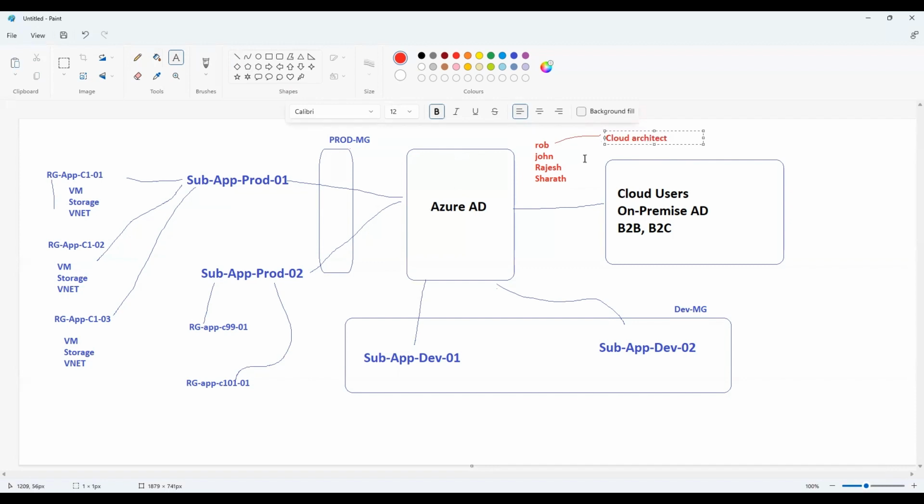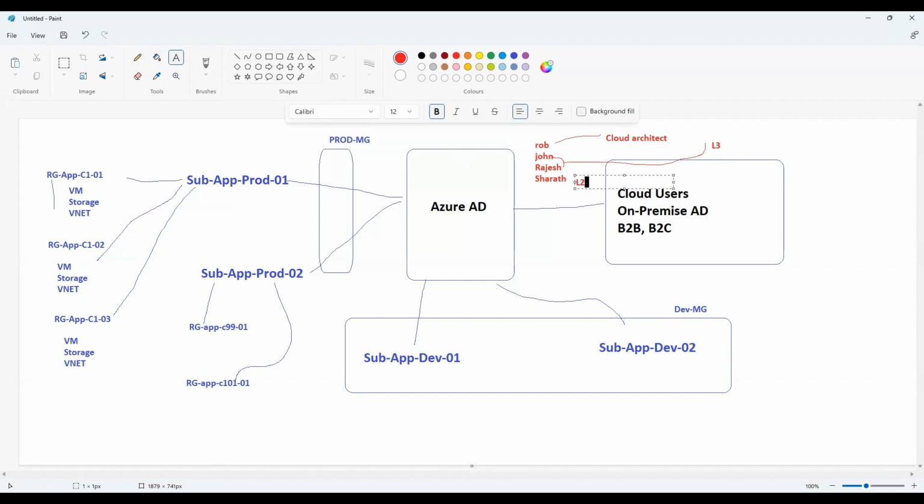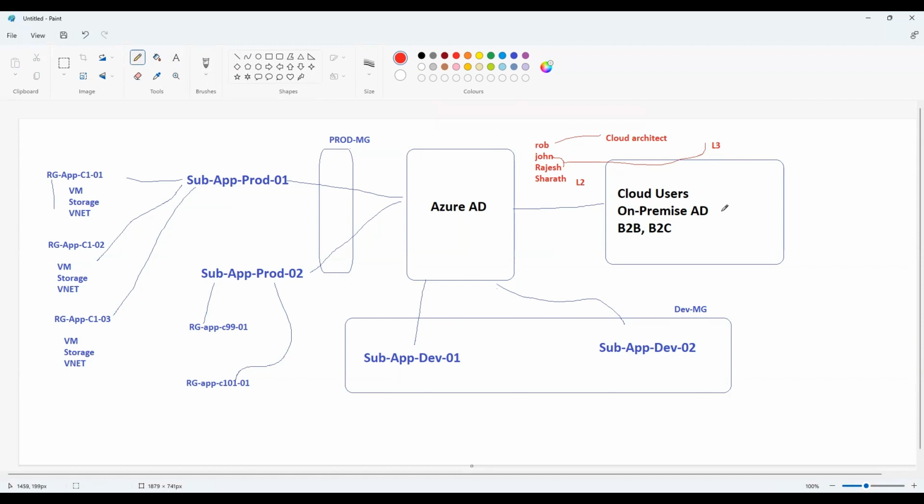Okay, and John is going to be a consultant, and Rajesh also is going to be a senior consultant. They both are having L3 roles. Okay, they are going to be in L3 roles, and Sharath is going to be in an L2 role. Okay, likewise, these are the different roles we have, and what I'm going to do is create